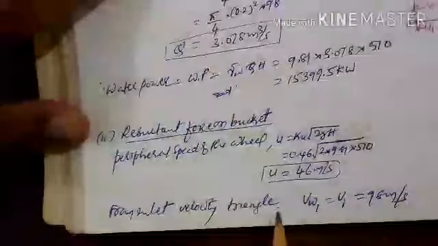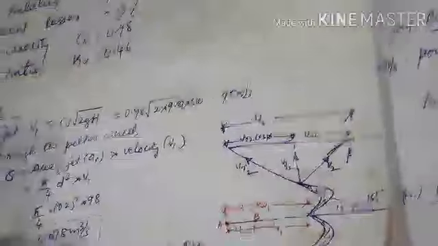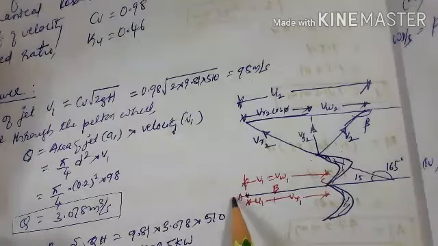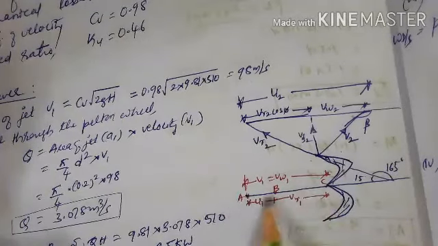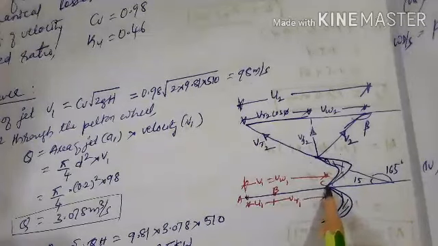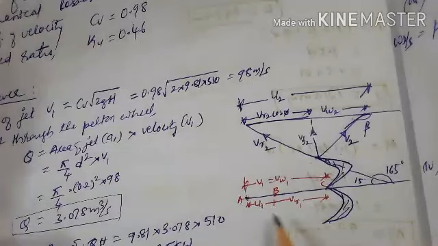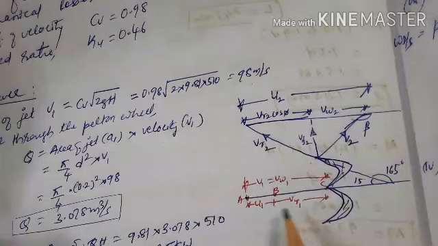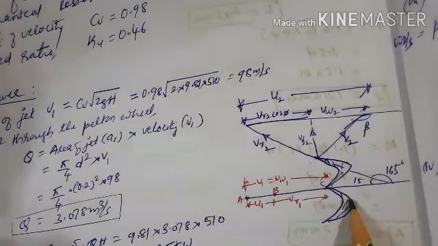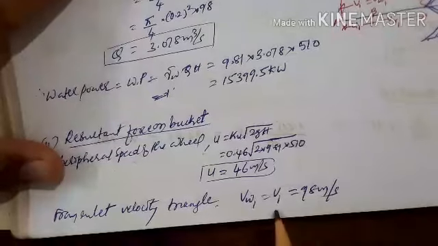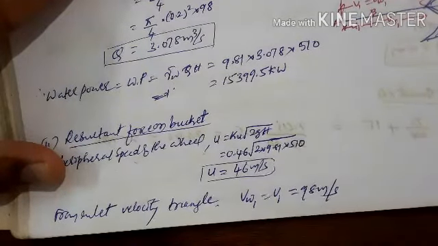And also, from the inlet velocity triangle, you have to draw the velocity triangle for the bucket. This is the cross section of the bucket. Draw the bucket and also draw the inlet velocity triangle. As you know how to draw the inlet velocity triangle, this is the splitter, and at inlet the velocity triangle will be a straight line. From the inlet velocity triangle you can easily mark the velocity of the bucket, the relative velocity of the jet with respect to the bucket, as well as the velocity of the jet. From the inlet velocity triangle, just note down the velocity of whirl, that is VW equal to V1 equal to 98 meter per second.